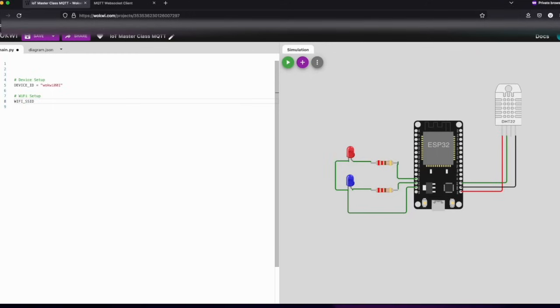So we could do that. I think the username is Wokwi-GUEST. Yep. And the password for this